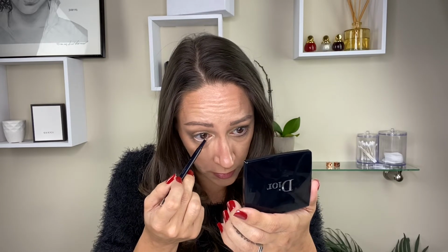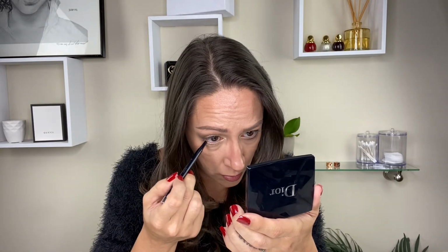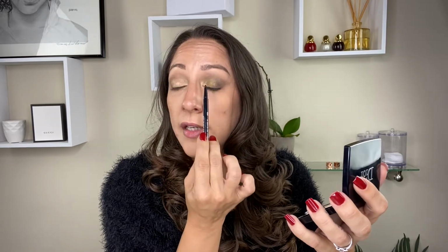So let's go ahead and do that. Right in the waterline and bring it into the lashes. You can wear that in your waterline all day. I'm not sure if the camera's picking that up. And then the sparkling black. You can do the gold on this side too, and then the sparkling black on the top to intensify the smoke and make your lashes look like they have a lot more volume